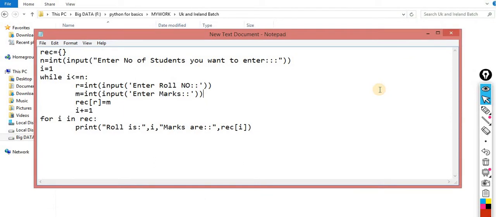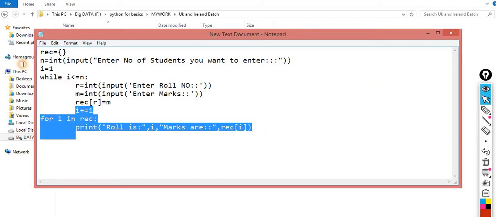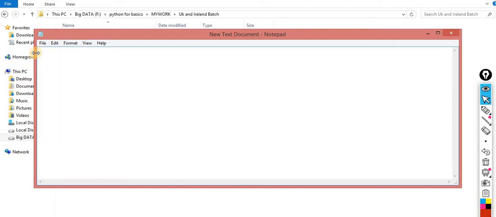List one. List inside list. I think we already discussed that assignment. What was that assignment? Please tell me. Data present in the matrix format. Okay, you didn't do that. No problem.